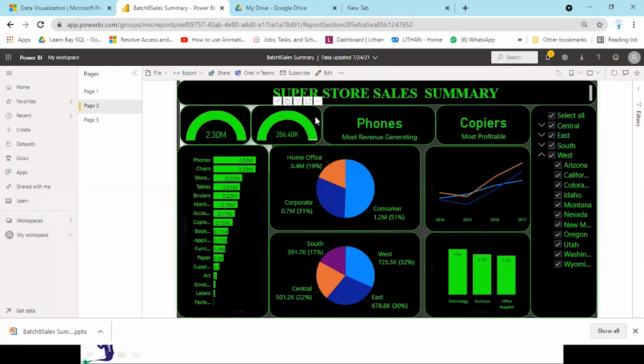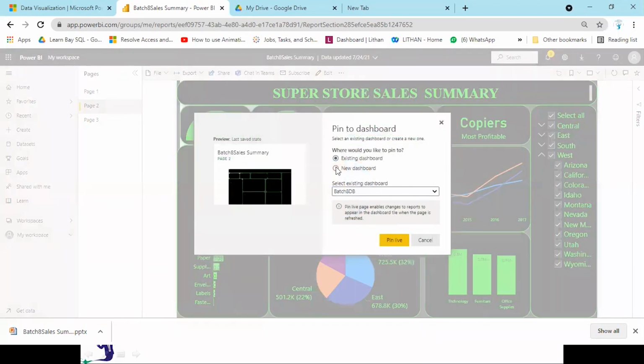And if you want to create a dynamic dashboard, you can click on these dots on the top. Till now, I was clicking on a particular visual and clicking on the pin. I will click on these three dots and I will say pin to dashboard and see what happens. I will say I want a new dashboard, DB2. Say pin.